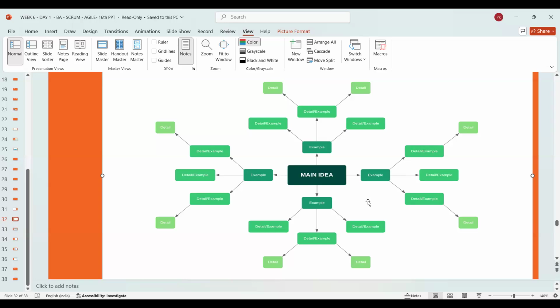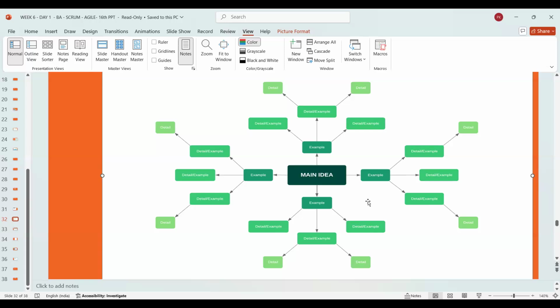When I say it is done before anything is done, it means whenever you have an idea, whenever you have a concept, whenever you want to brainstorm on something, you do this. And once you get a final result, only then do you go ahead with the documentation. You will document when you have something concrete in your hand, when you know that you have to work on something. So this kind of activity is generally done whenever we want to brainstorm.